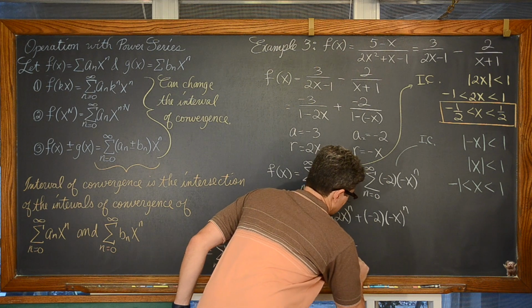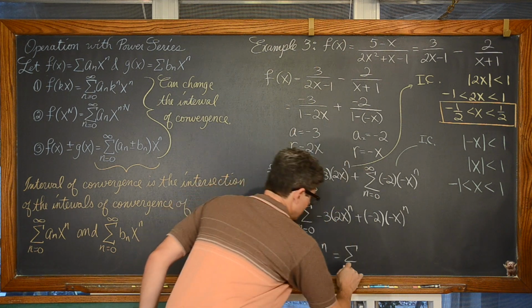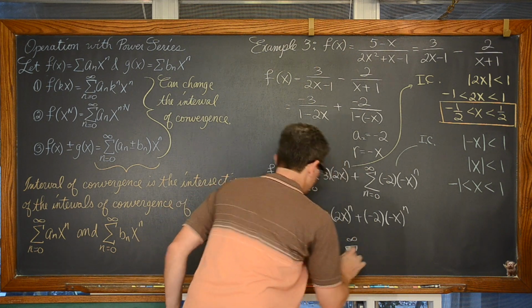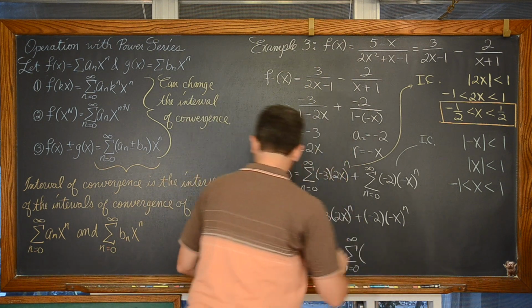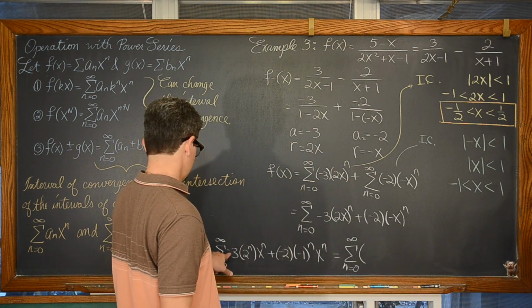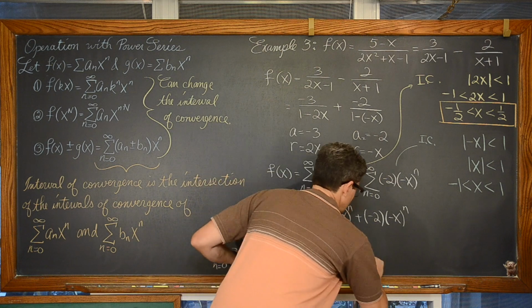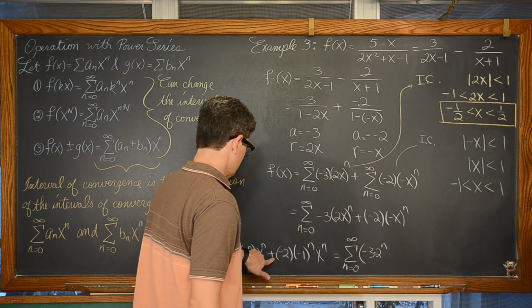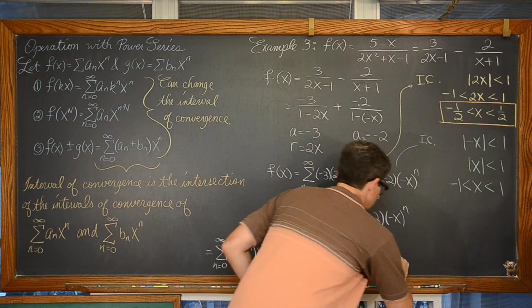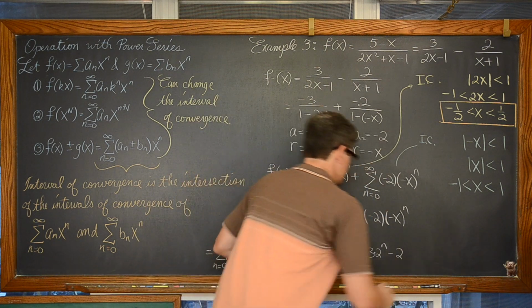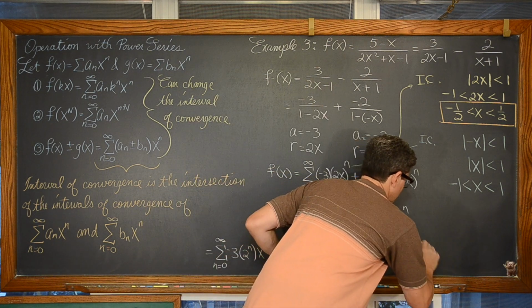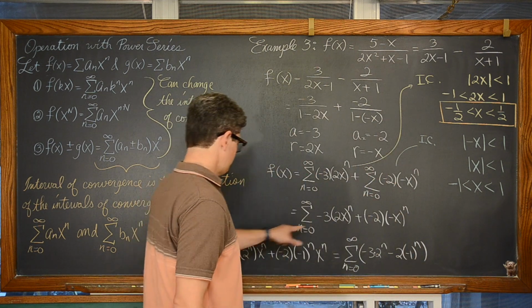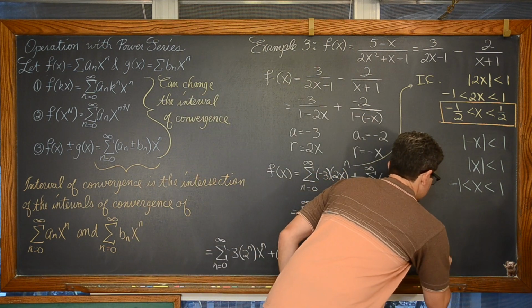So we can now factor an x to the n out of there and say that we have the sigma, or the series, the summation, where n starts at 0, goes to infinity, of -3 times 2 to the n. I don't like writing plus minus, so plus -2 times (-1) to the n power, and then basically effectively factoring out that x to the n.